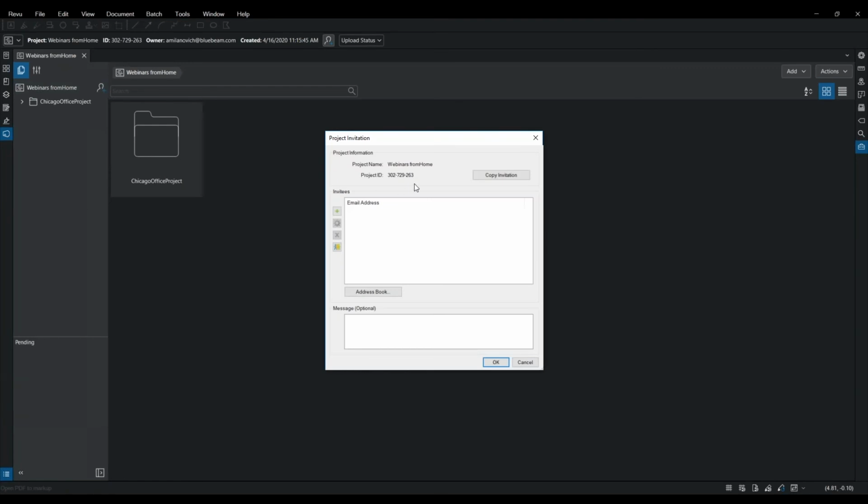Now, if you were with me yesterday in sessions, this dialog box looks very familiar. Same options here. You'll be able to copy that invitation. What that allows me to do is hit this one tap button, go over into, let's say, my email, and just paste all of this information in. It'll become a hyperlink that they'll be able to follow into my project. I can add an email address one by one, or I can pull from my address book. I'm automatically connected to Outlook on my computer, so if I select address book, it's going to pull up my Outlook address book here.